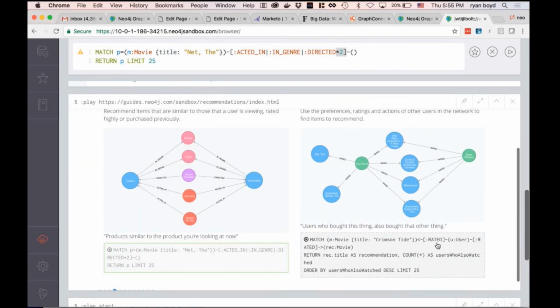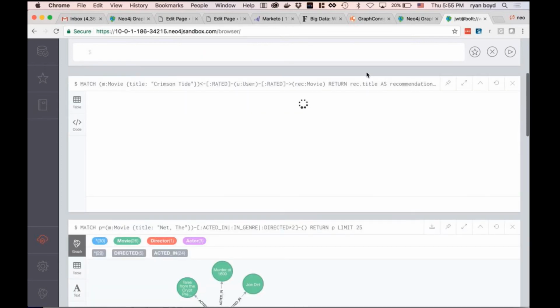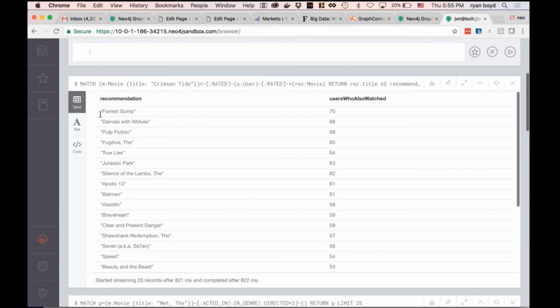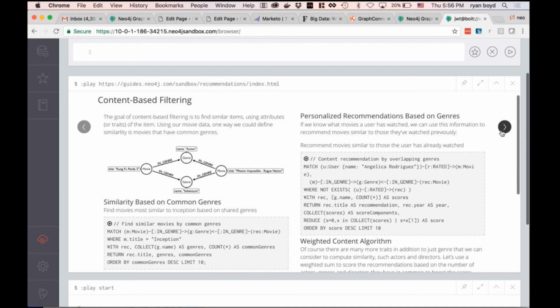And then you can look, for instance, at users who bought something and also bought another thing. In this case, we're actually using ratings. So a user rated the movie Crimson Tide. What other movies did that user rate? You can see that the most popular other movie that a user rated was Forrest Gump, along with Dances with Wolves, Pulp Fiction, etc. So those are simple recommendation queries that you can make, and you can think about these recommendations not only as